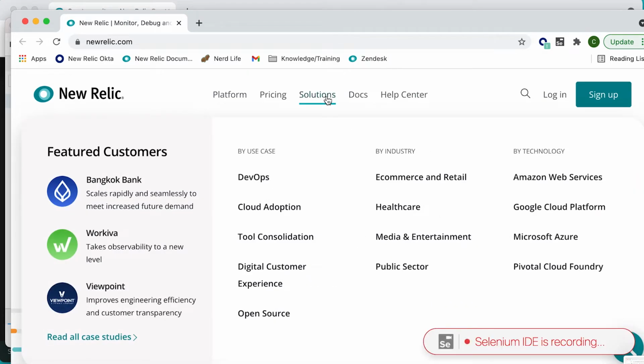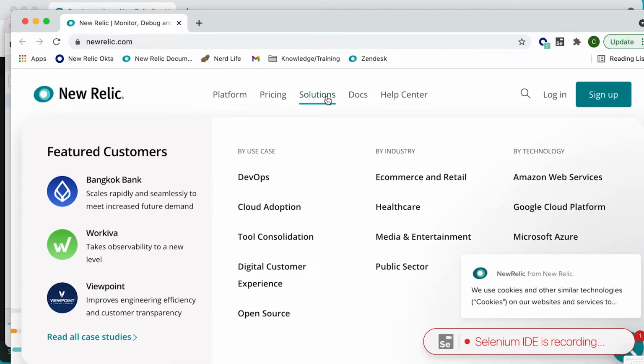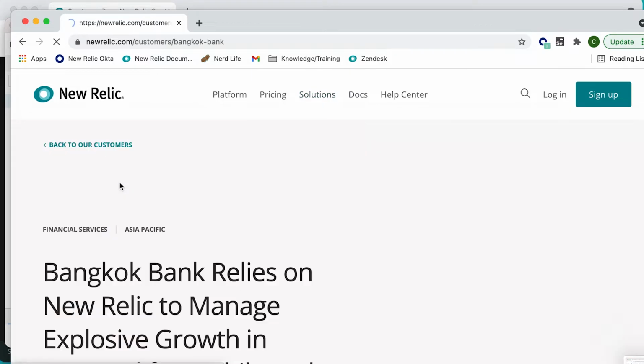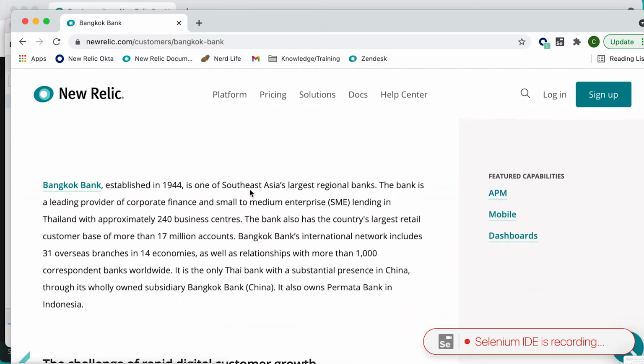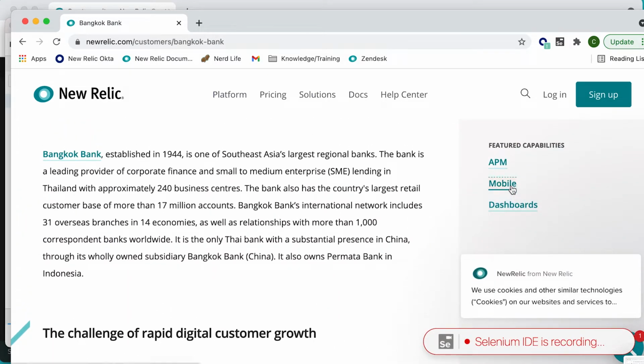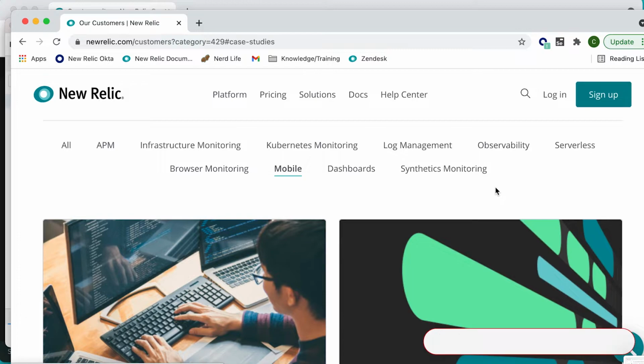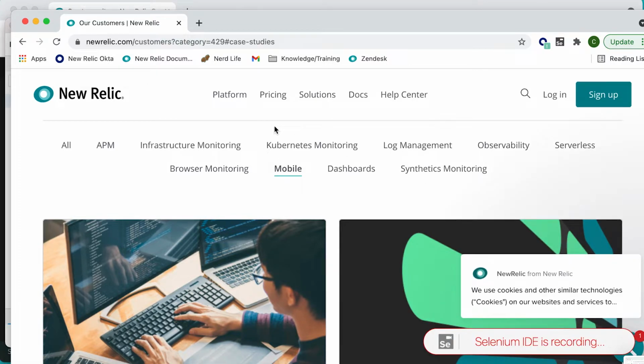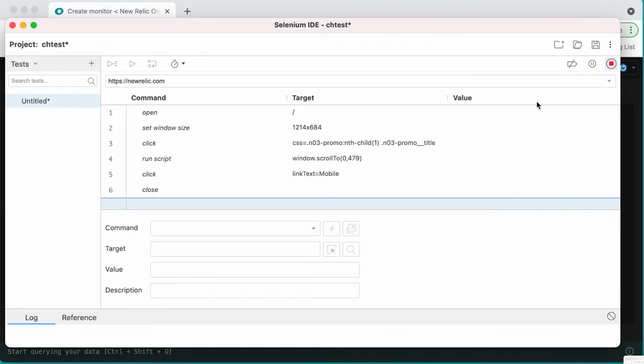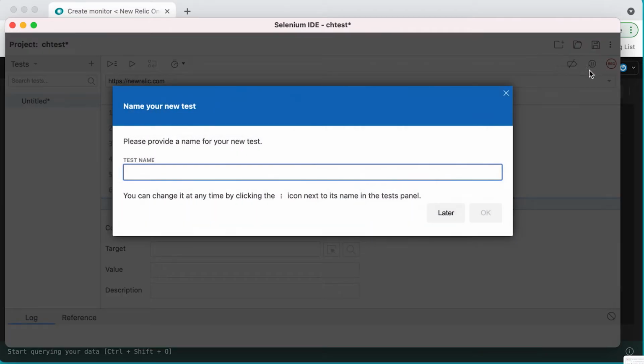So here, we can see at the bottom right, Selenium IDE is recording. Solutions, one click. Mobile. And once you're finished browsing, we simply go back to our tool and we hit stop record.